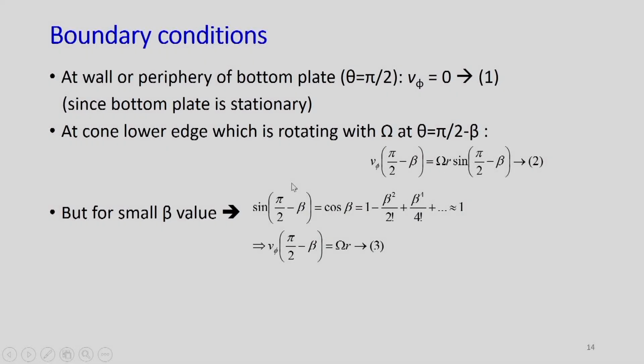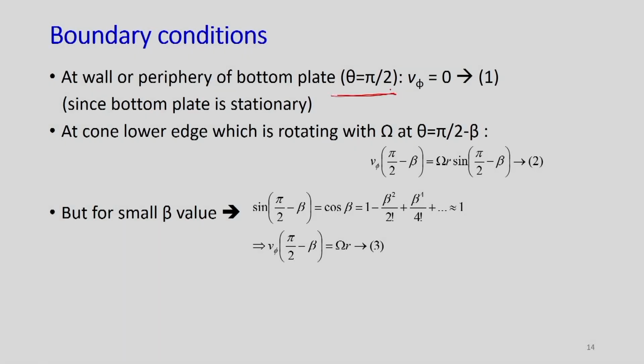So, one can solve those equations to get more details, but we are not going into the derivation of those things because they are irrelevant to this particular course. We just need some information about how to measure the tau versus gamma dot information from the rotation of a geometry. Now, the boundary conditions: what we see at the wall or periphery of the bottom plate